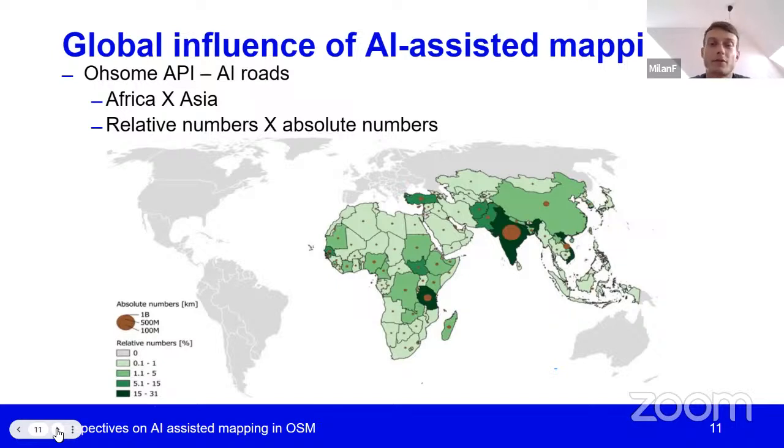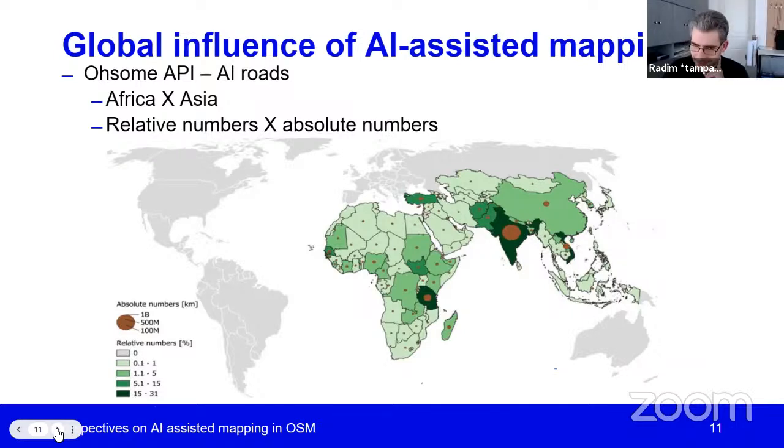Because yeah, we've got to know there took place some mapathons and the communities used AI data. But yeah, that's the question. Why AI data? Because maybe there are fewer members in the community, so it could be helpful for them. That's the question. So maybe Radim, you can continue. The floor is yours.